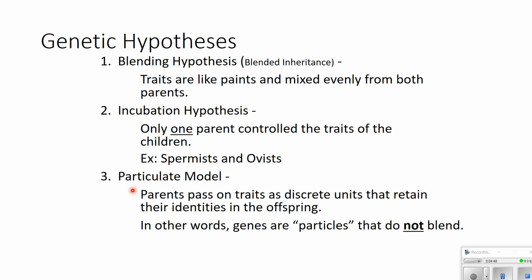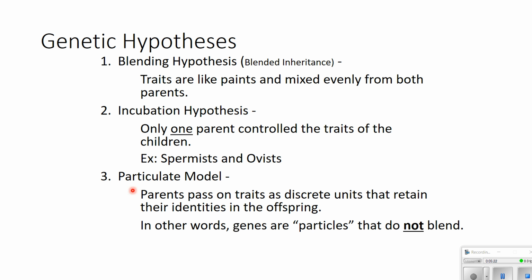Now, prior to the work of Gregor Mendel, nobody understood how traits are passed down from parents. But there were three different competing hypotheses that emerged. One was called the blending hypothesis, also known as blended inheritance. And this basically says that the traits or the genetic information that's passed down from your mom and your dad,